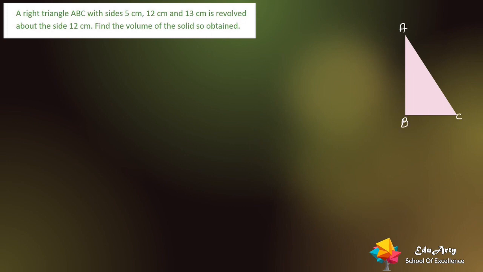Okay, they have given us that side with side 5 centimeters. So this is 5 centimeters, this is 12 centimeters, and this is 13 centimeters. Correct? Okay. Now, what else have they given us? They are saying, this is 12 centimeters. Okay, they are saying that is revolved about the 12 centimeter. मतलब ये जो 12 सेंटीमीटर है ना, उसके अराउंड इसको रिवॉल्व किया है। नाउ आई होप यू गाइस कैन इमेजिन,